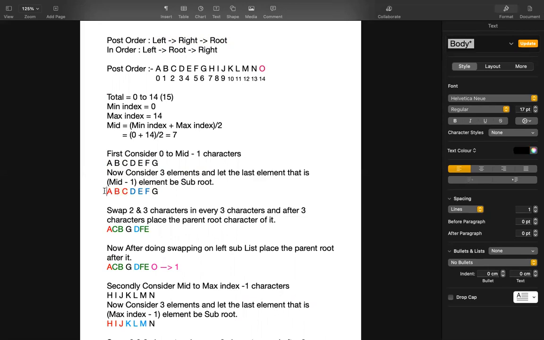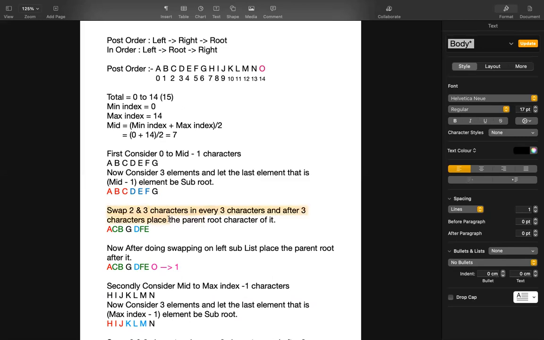If we consider A as the first character, B as the second, and C as the third, we swap B and C. After the 3 characters, we place the last character, the subroot of this sublist.